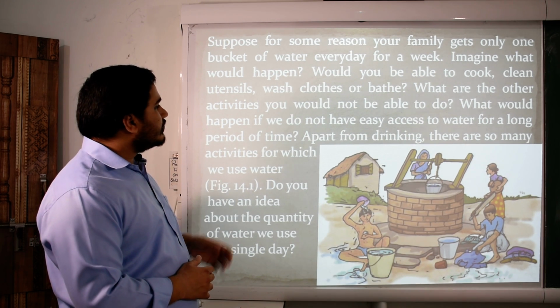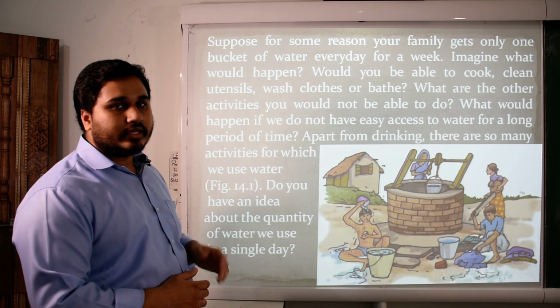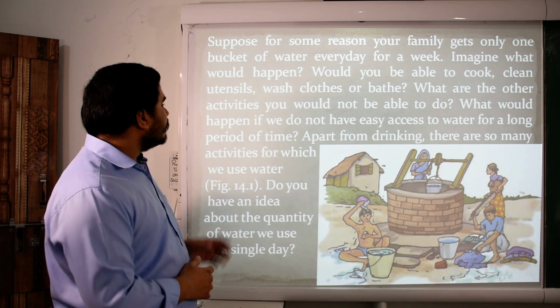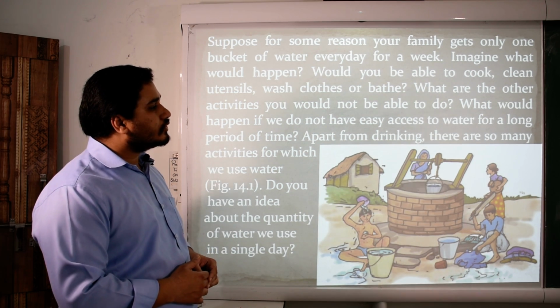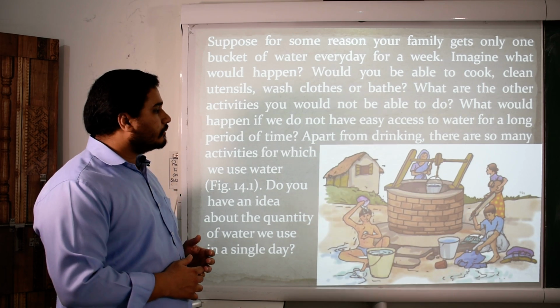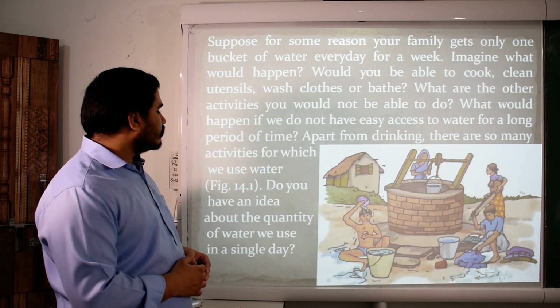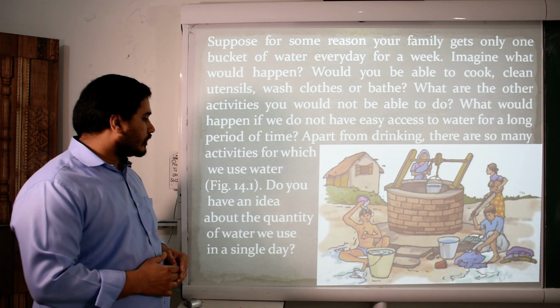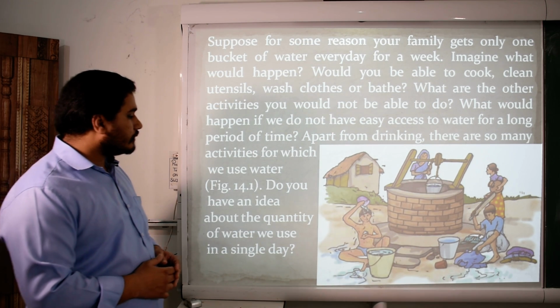What are the other activities you would not be able to do if there is no availability of water? What would happen if we do not have easy access to water for a long period of time? That is a major question which will come to our mind. Apart from drinking, there are so many activities for which we use water. That is shown in the figure here,